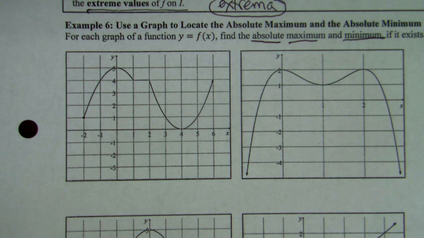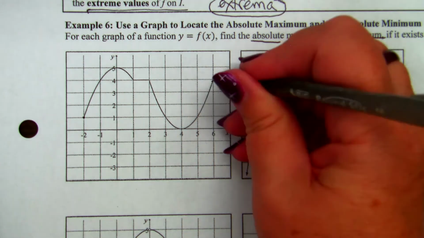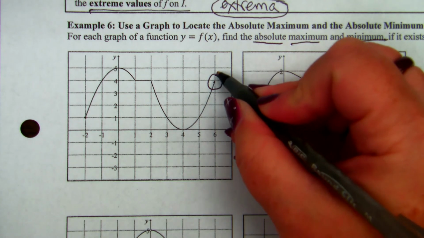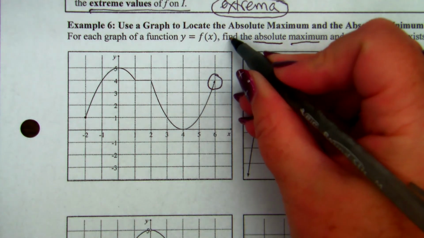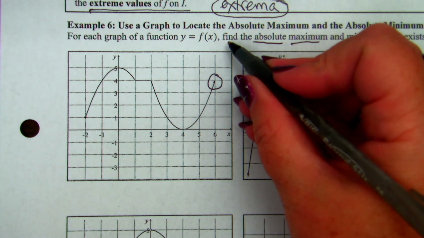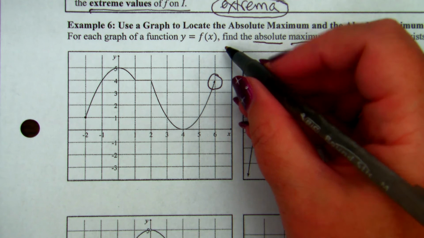Sorry for the interruption. So we're looking for the absolute maximum and the absolute minimum. Let's look for the maximum first. See this arrow? This arrow means that y is continuing to go up forever, so it will never reach a maximum value. It'll go to infinity, and infinity can't be the maximum value. Absolute maximum. Because there's an arrow,